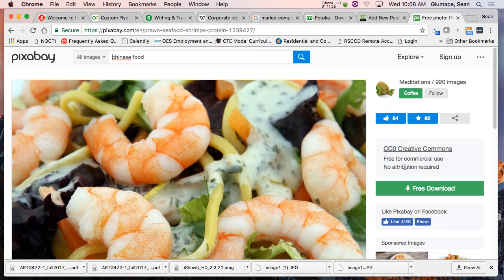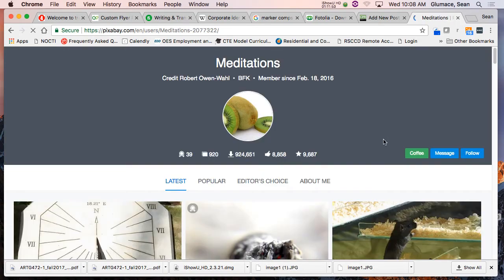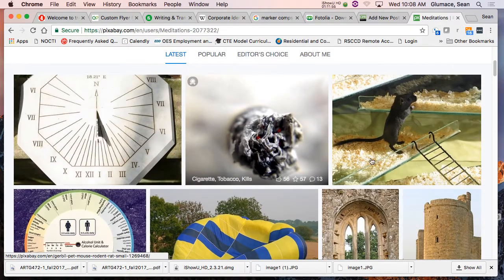We can use it. Maybe I'll download it and trace over it or run a vector trace on it. Or there's all kinds of things I can do with it. But now I know I'm free and clear on this and no attribution required, which is nice. I don't have to say it was from so-and-so. I can, but I don't have to. This image is just totally open and free to the world to use. Only problem is everyone else can use it too. But this guy's got 920 images. Actually, there's some good ones in here.